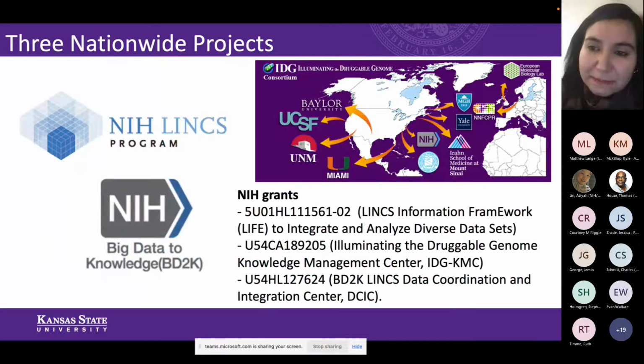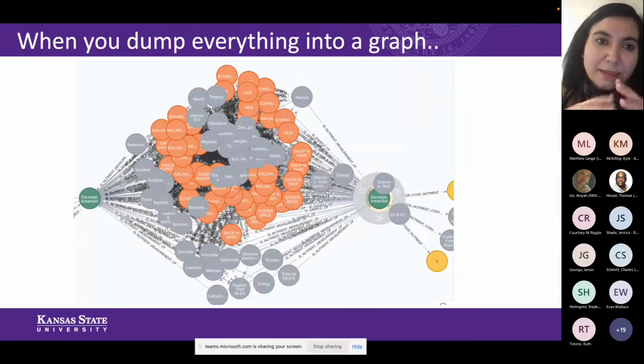But before that, the reason I had to come up with a systematic way of developing ontologies was because I was working on 3 nationwide projects. They were all NIH projects. Thank you very much for the funding. It was around the world and within the country, data centers generating data. And our job as the data center was to connect them all. It was a very daunting task, as you might imagine.